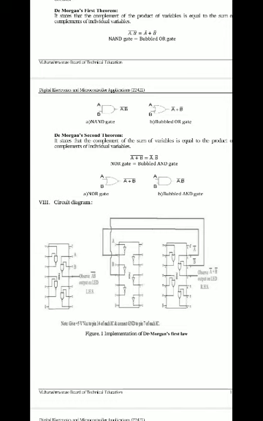In these gates, what is the connection in the IC? How can the particular NAND gate IC, OR gate IC, AND gate IC and NOR gate IC be connected to each other? What is the circuit diagram for De Morgan's theorem? Here we are giving the circuit diagram in the manual. So for the first law, De Morgan's first law, we have the diagram here.